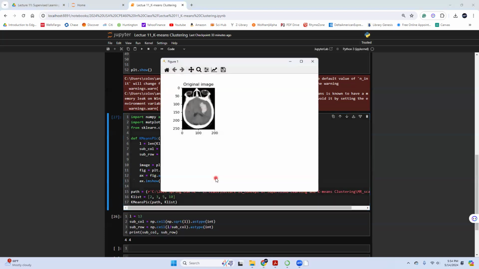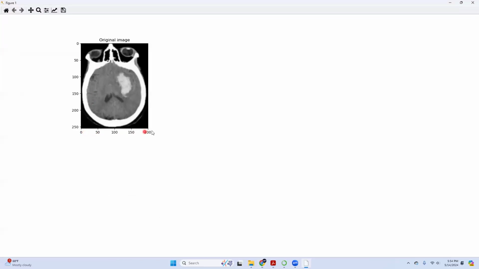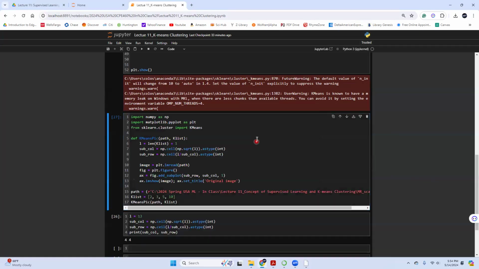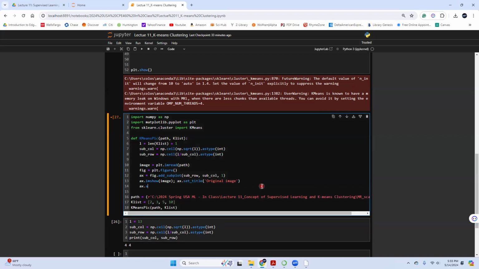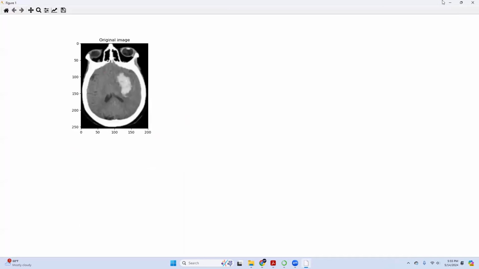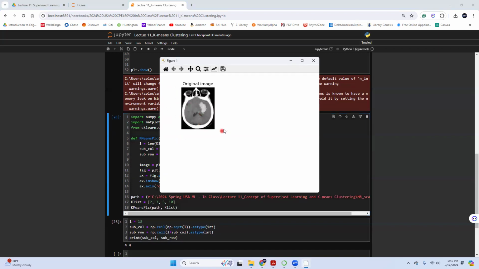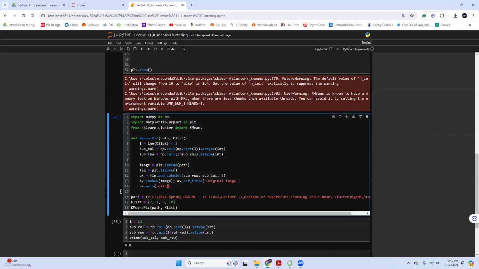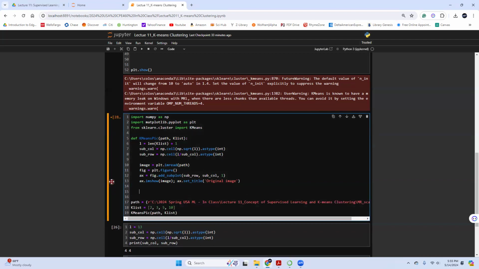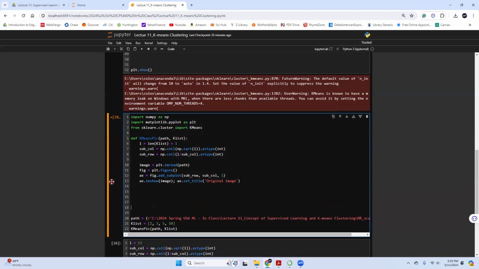Original image. Okay, I can just first run it. Here we go. I do not set up the axis off on purpose because you can see the scales. Or if you want to make it look more beautiful, you can simply do dot axis off so that you will not see these X and Y ticks. You can see it's all empty, but let me just keep it because it's going to make the comparison, the size, more clear. Okay, now I've already loaded the original image.